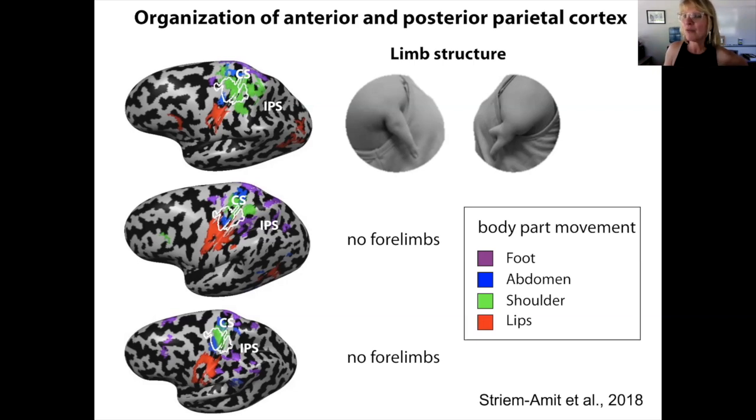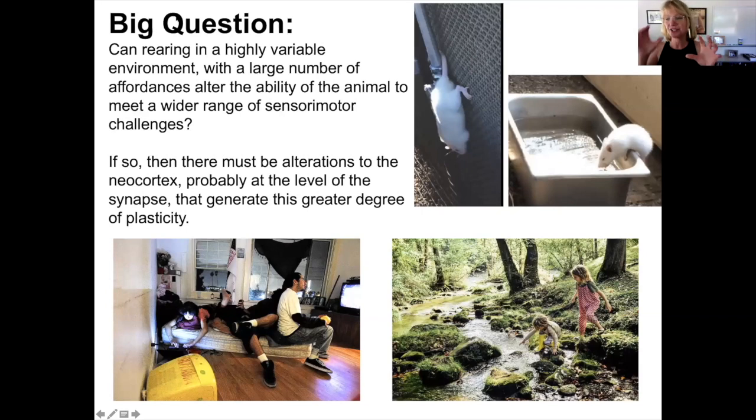It's based on what you're doing during development, with what limbs and what is now your major effector, that builds this cortex. Okay, but here's the big question from the laboratory rats gone wild experiments. Can rearing in a highly variable environment with a large number of affordances alter the ability of the animal to meet a wider range of sensory motor challenges? And I think so. And if so, there's probably changes in the cortex and probably throughout the nervous system, certainly